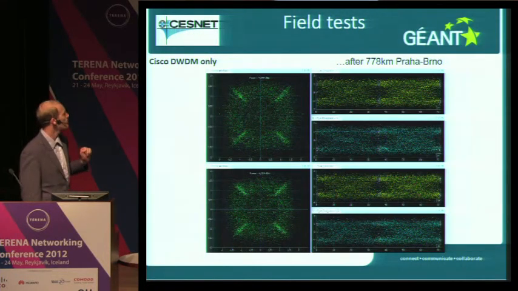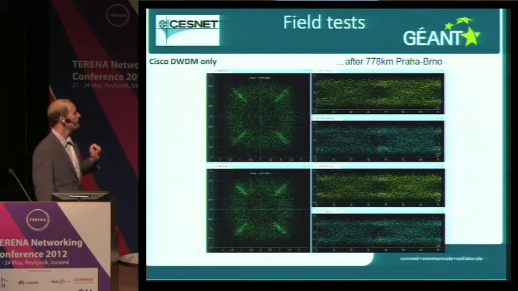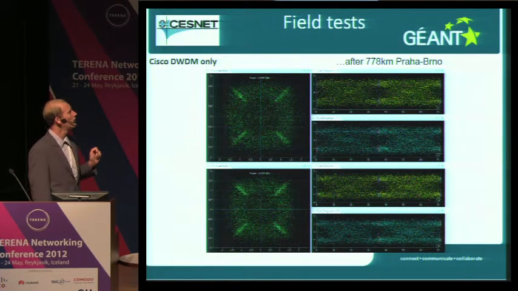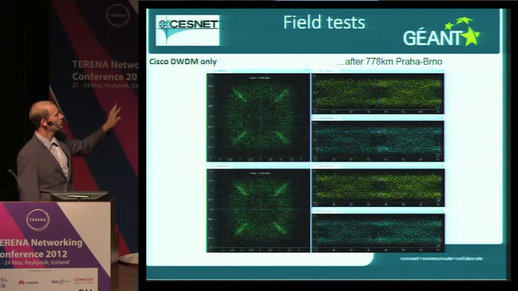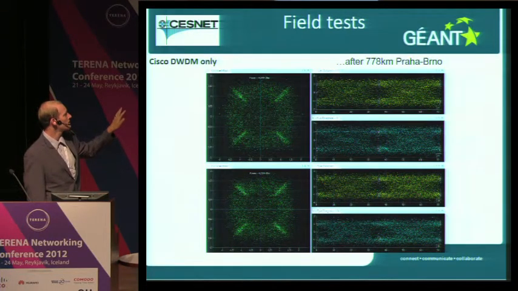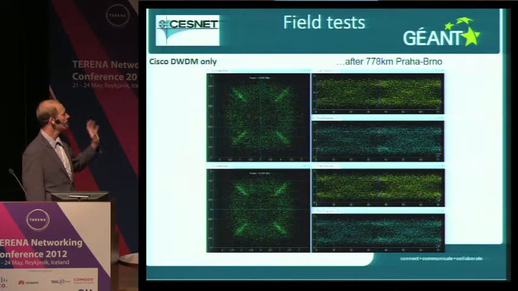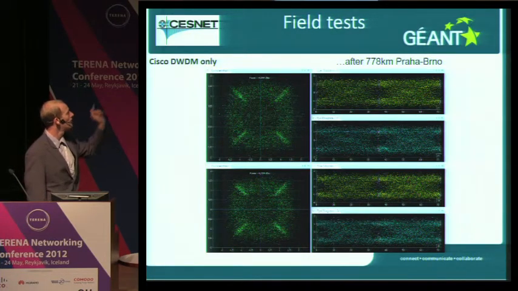We also tried to measure the constellation diagram for the shorter loop, the 778 kilometers. We ended up with quite a nice figure where we also got a lot of noise from the amplifiers, but as you can see, the dispersion was compensated quite precisely, and you could actually see where the constellation diagram modulation points are on the complex plane.